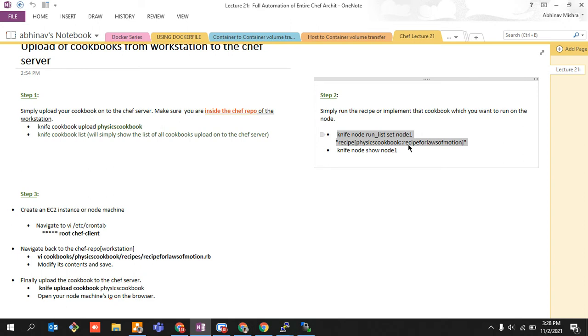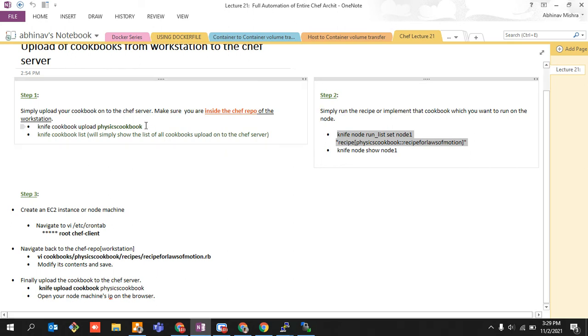But for things which are not on my run list, what am I going to do with those in order to update them, right? So you need to specify all those recipes. So till now we have uploaded it, and we have made sure that, hey, Mr. Node Machine, this has been specified onto your run list, so keep an eye on it, right? Now comes the final step of this particular lecture.